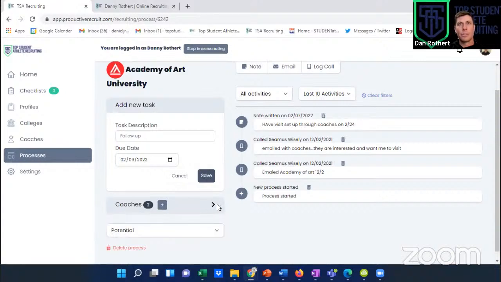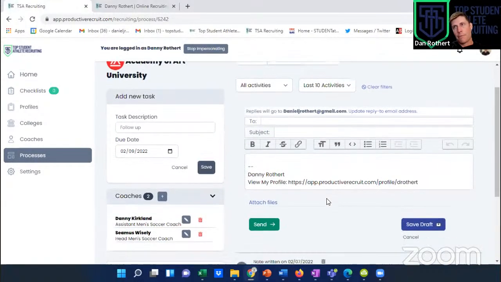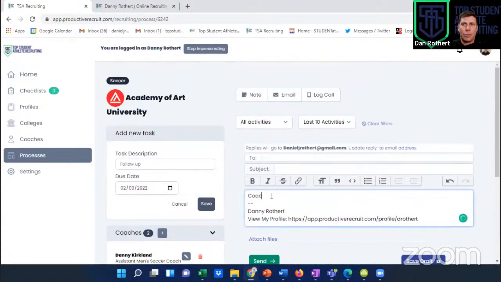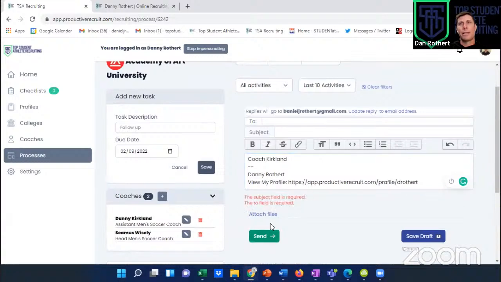In terms of coaches, you can add coaches if you found out an email, but that's probably something you're not going to do. You can email from this platform. I'm not a huge fan of this because it gets a little tricky, and I'll show you why. When you send an email through this, you could just type in Coach Wiley, or Kirkland is the assistant. It's going to have your automatic link to your profile and your name already in there. You can type up the email or copy and paste it. The problem being, because it is a platform, when you're getting ready to send it,